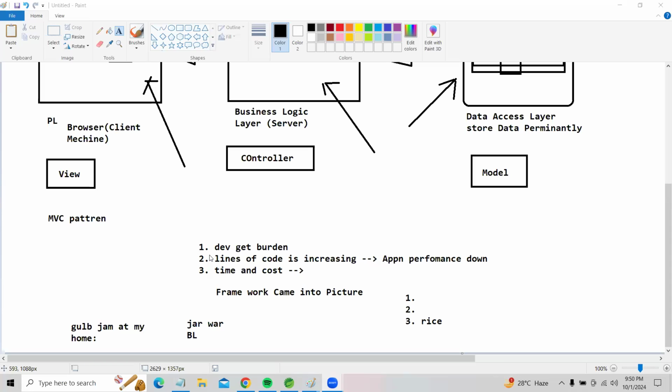So what are the common things? Chairs, dais, cooking items, all are common for every marriage. Common things are already given in your framework. Hey developer, you can focus on business code only. That is the flavor of our framework, my friends. Clear? I hope you understand why and what the framework is, sir.